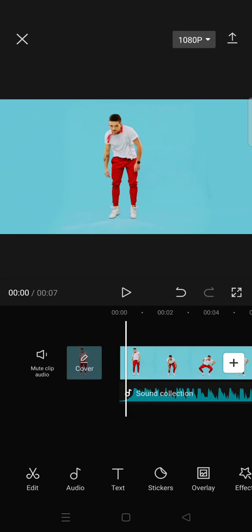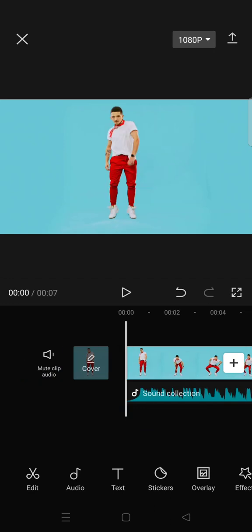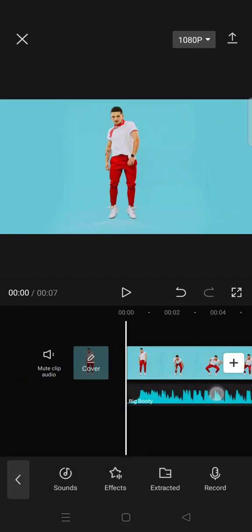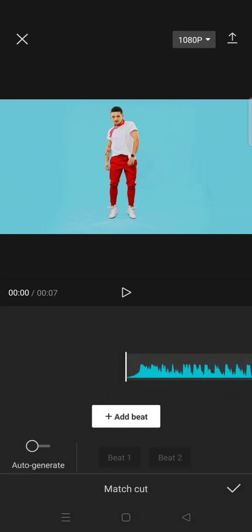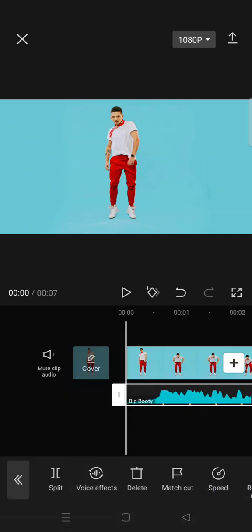So first, what you need to do is import your video and audio to CapCut like this, and then click on the audio and choose match cut and click on the auto generate and choose the beat to click on the check icon, and now